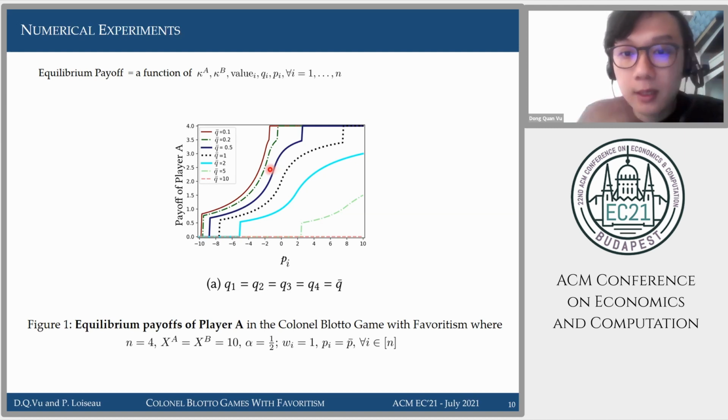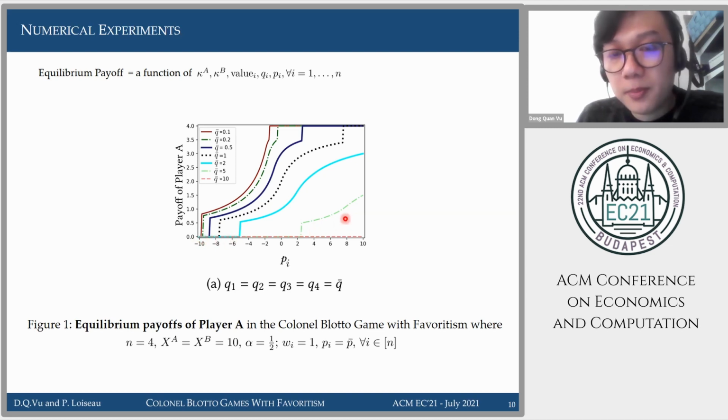So we observe that when P increases and when Q increases, that is, when the favoritism inclines towards player A, his payoff actually increases, which confirms our intuition. We see some discontinuity in this plot because when one player has very strong favoritism, there is a trivial equilibrium. That's why it jumps here, where player A will be guaranteed to win all the battlefields and guarantee the payoff of 4. And here it means he